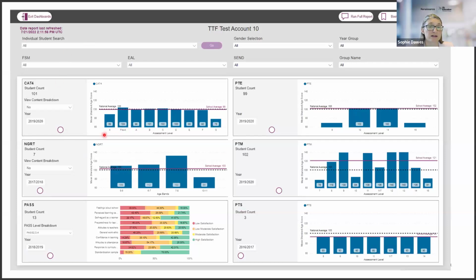So they've got data right the way through from their youngest learners who are taking CAT4 right up to their sixth formers. And it's quite interesting to look at this year on year from a cohort perspective. Here at a glance, you can see that in general, these sixth formers have a lower ability than the other year groups, but also that the children in this pre-A age group,